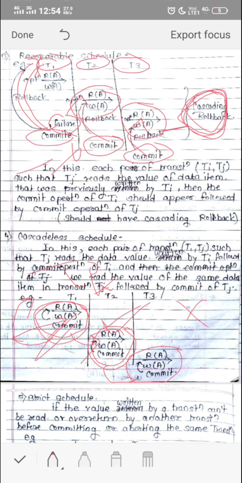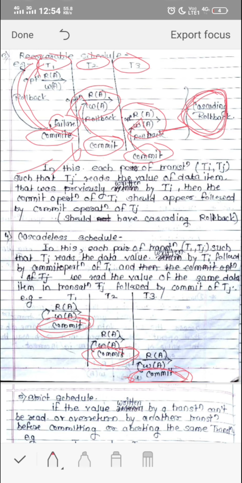So you can see here, the commit operation of T1 is before the commit operation of T2, and the commit operation of T2 is before T3.